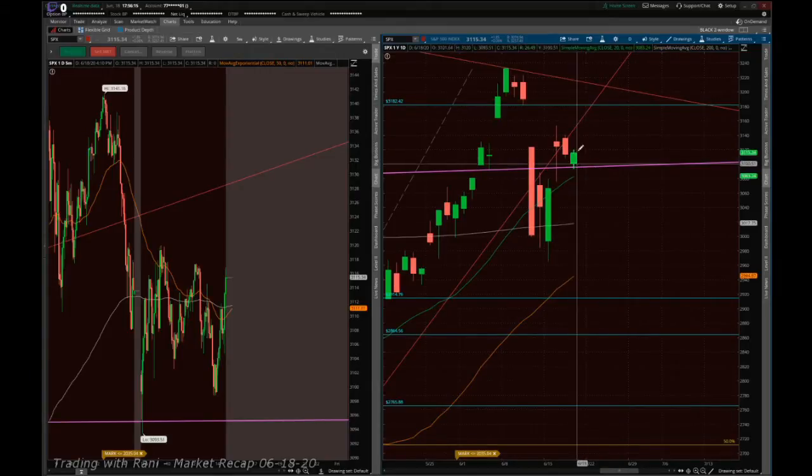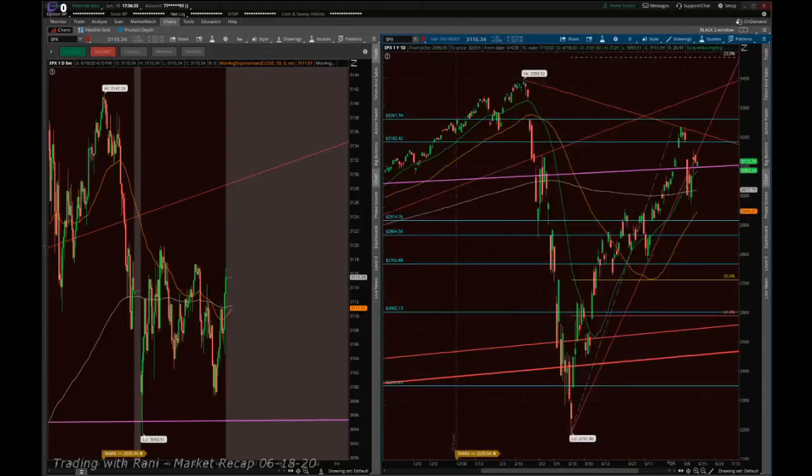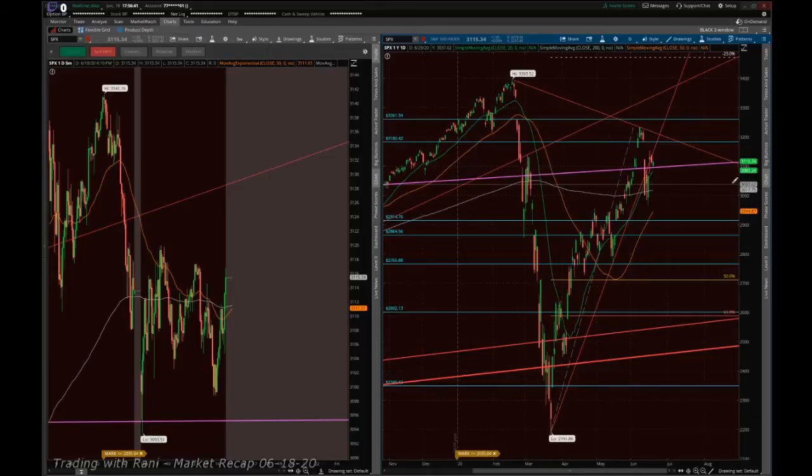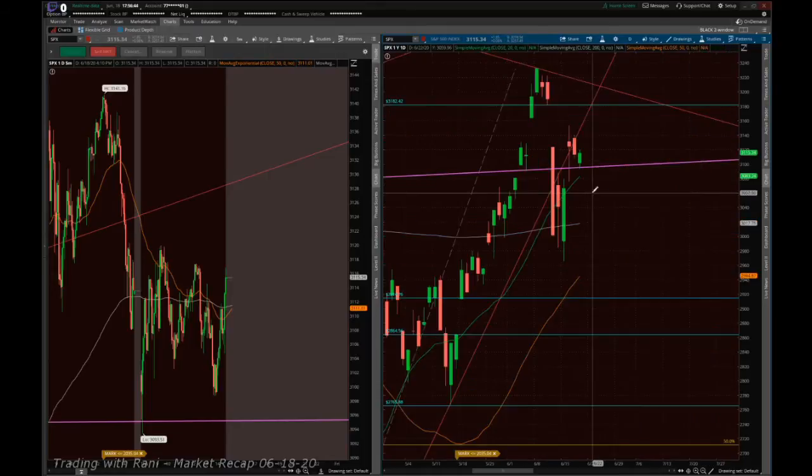And if it does happen to bounce here and make its way up into this area, it's okay as long as it either stays below this pivot right here of 3182 area, or it can even go as far as this descending trend line from the all-time high. You can see this trend line is from the all-time high to the more recent high. So if it can stay below that, I think we're still, in the medium term, looking for a little pullback in this market. Granted, we did get one last Thursday, but